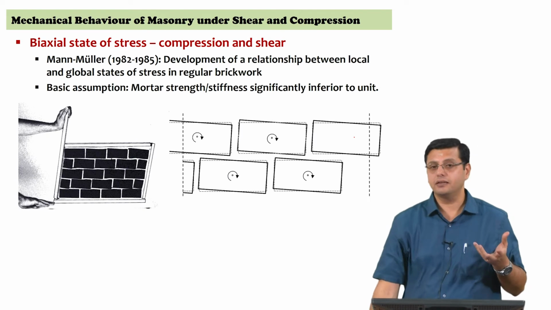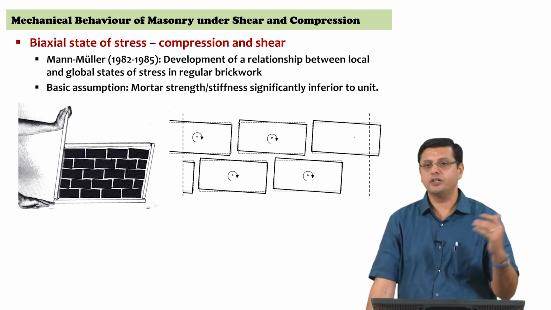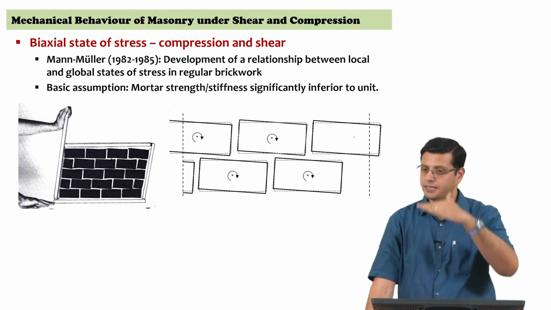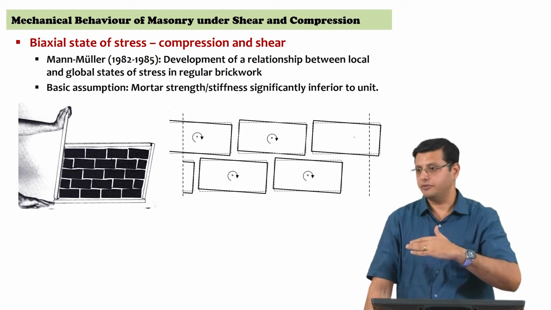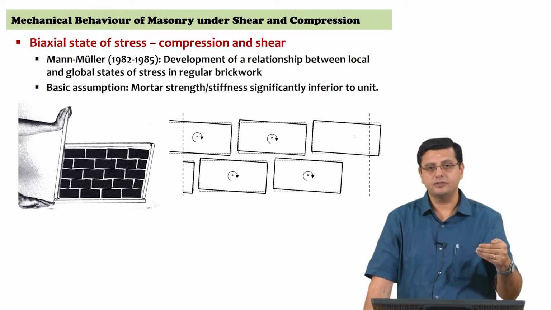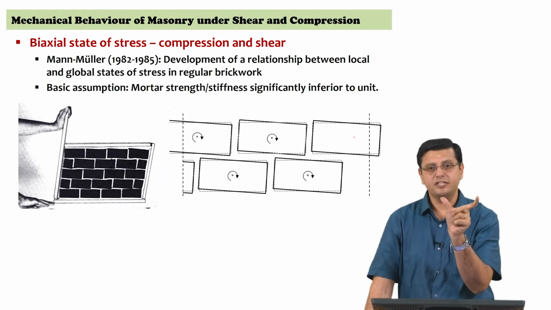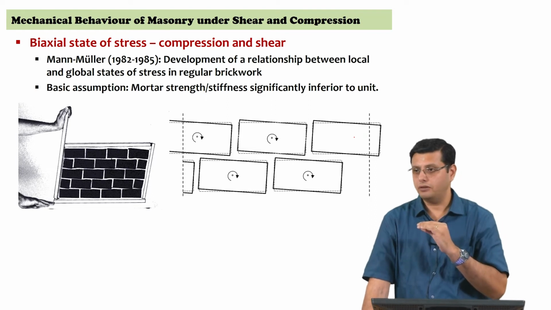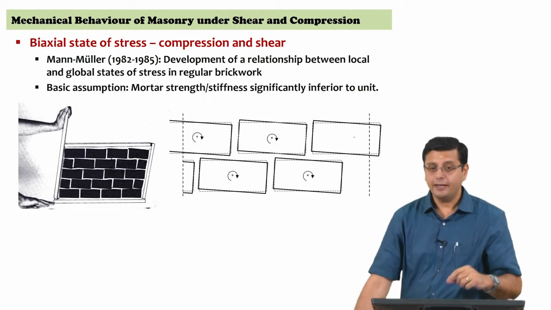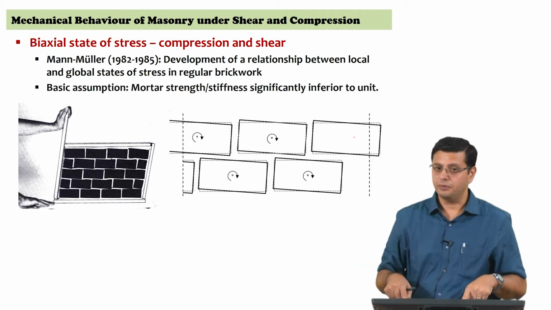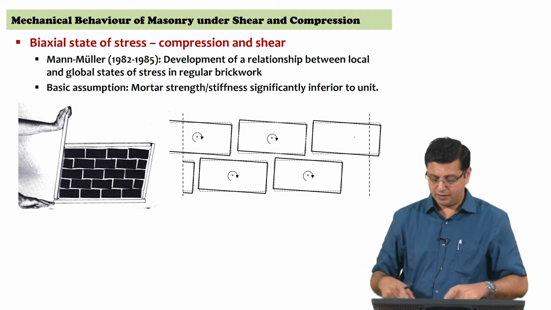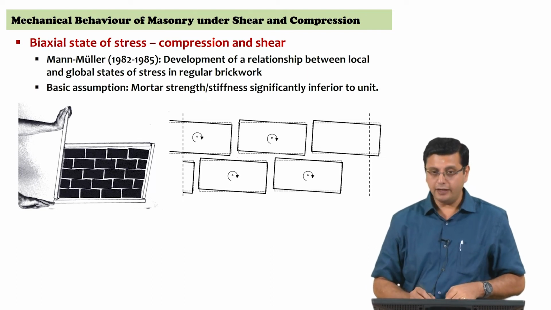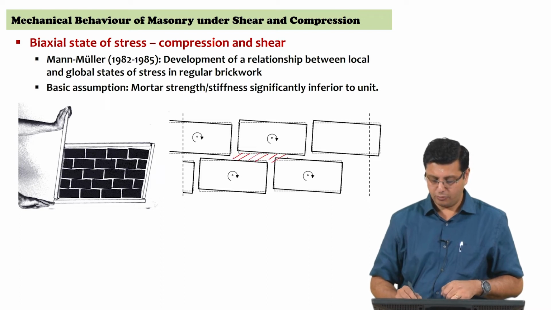So, this fundamental observation that each unit, under the action of there is some gravity, there is some axial compression due to gravity forces and superimposed loads, but then in the presence of in plane shear, each individual unit is rotating, right. And because of that rotation, and because of the fact that the mortar is the more deformable and the weaker of the two materials, in the mortar joint, right, we are examining some full bricks and some part bricks, but then if you look at the mortar joint that I am shading now, right, if you look at this mortar joint,